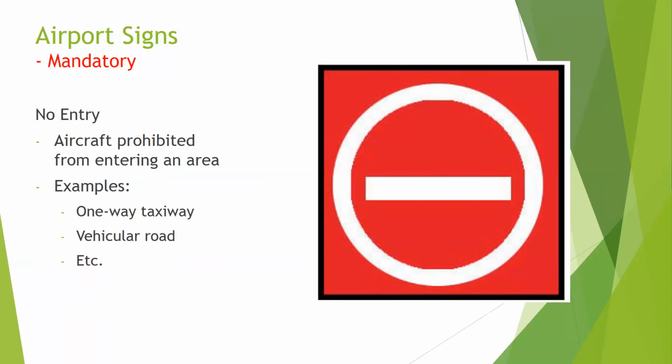So it could be a one-way taxiway as well. Most taxiways are bidirectional. They'll go two ways. Now, towers and controllers will often establish a direction they send you, but that's not guaranteed. But then vehicular roads are that. So,